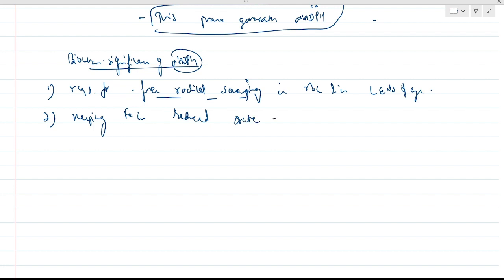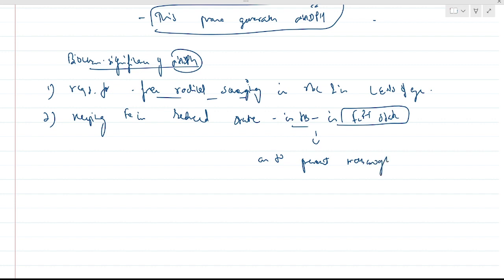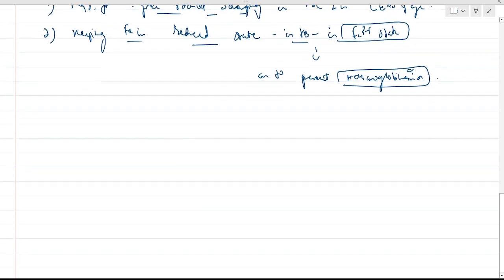What do you mean by reduced state? In hemoglobin, the Fe2 plus state is the reduced state, so as to prevent methemoglobinemia. Methemoglobinemia is prevented by NADPH by keeping the iron in the reduced state in the hemoglobin, that is in the Fe2 plus state. The final significance here is reductive biosynthesis